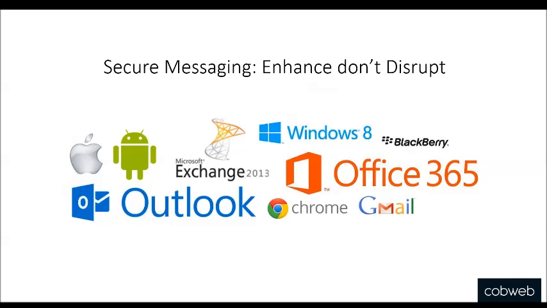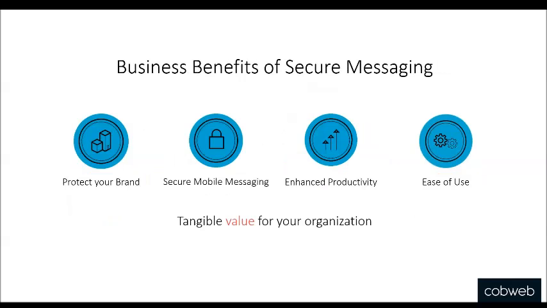That means revoking access to messages instantaneously, no matter where that data may reside. It also has integrated large file transfer right from your mailbox. Again, not forcing employees to use anything different, but adding value to the systems that you already have in place. Secure messaging enhances, it does not disrupt employee workflow and the way that people are already communicating internally and with customers. It works in Outlook, it works on mobile devices, or it works right inside Office 365.